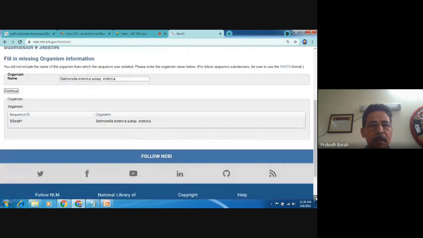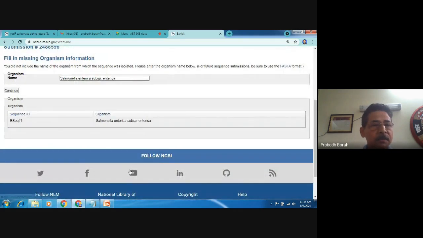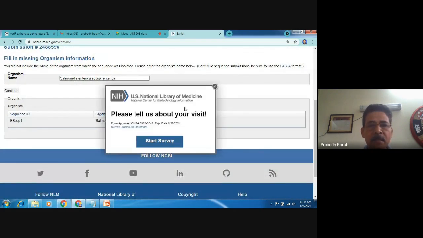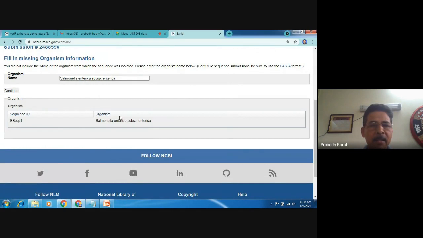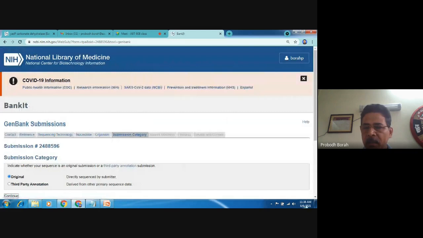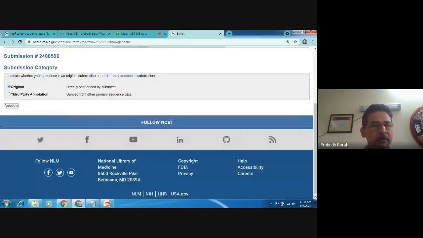Now it has already shown the sequence ID and the organism name here. You verify it. If you find it correct, then click continue. Now it is asking another query. Indicate whether your sequence is an original submission or a third-party annotation submission.